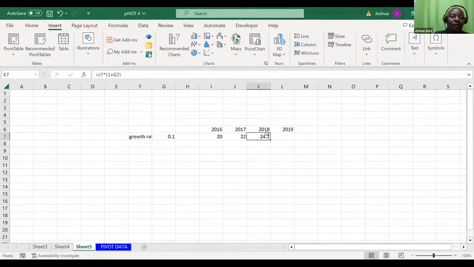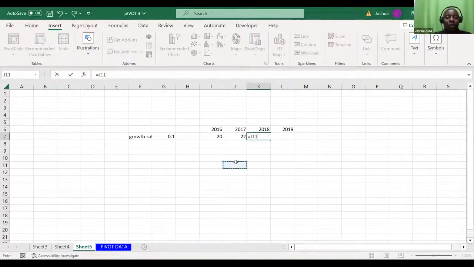Alternatively, I want to show you very many ways before I show you the shortcut. You could say equals, picking from the original. If you remember that formula, amount equals principal into 1 plus R raised to power n.